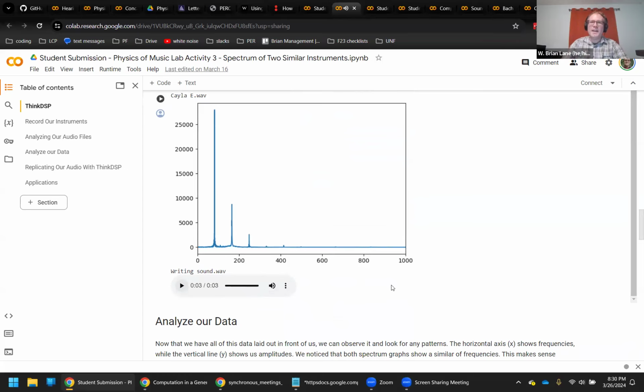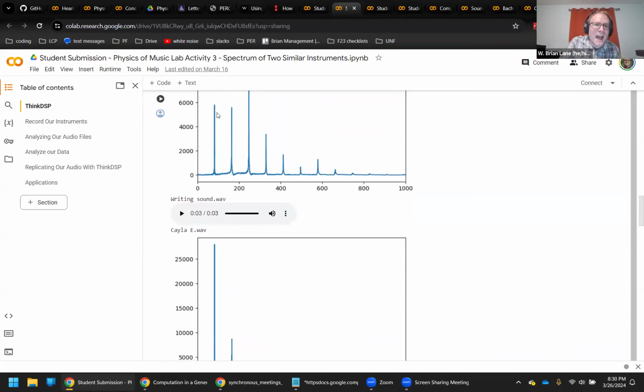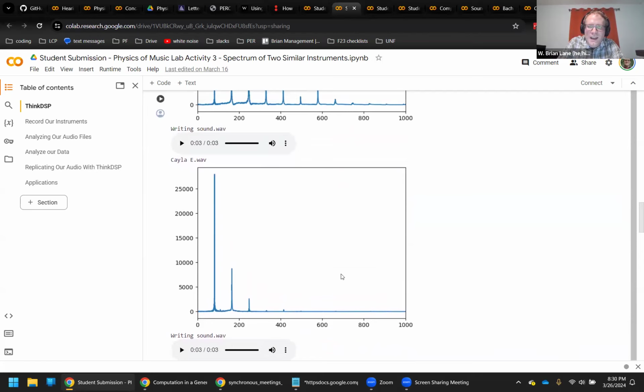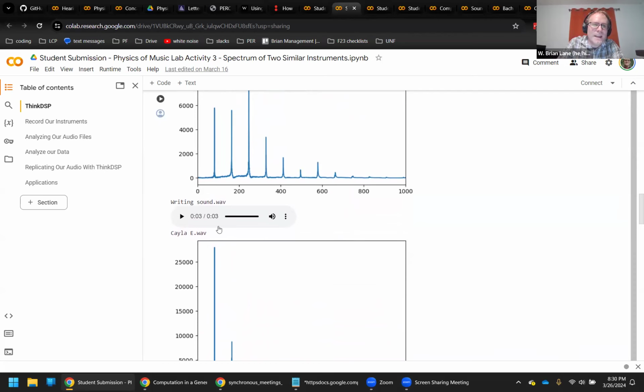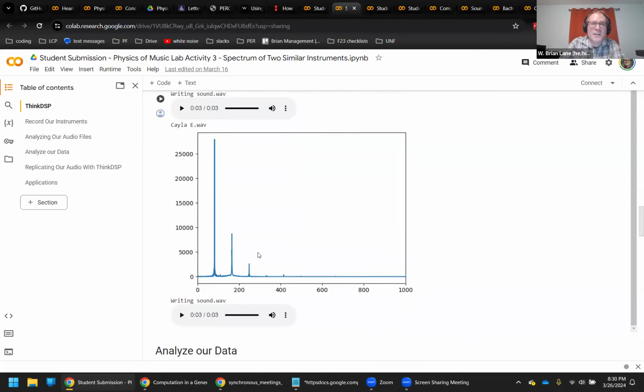Okay, I can tell they're playing the same frequency. And sure enough, if I look at the spectrograms here, I've got the same fundamental frequency, because I have the same scale on these two horizontal axes, 0 to 1,000 hertz. I can tell pretty easily that they are playing the same note because they have the same fundamental frequency here. But when I look at the overtone patterns, they are completely different when I look at these resonance peaks here. This one's got a big resonance here and then drops off very quickly.